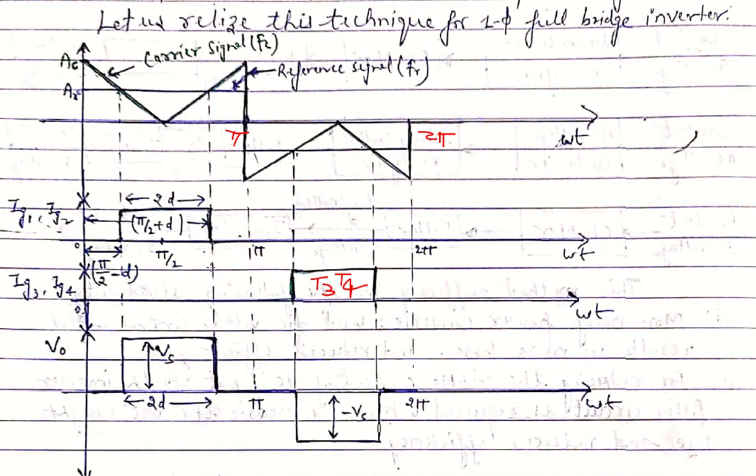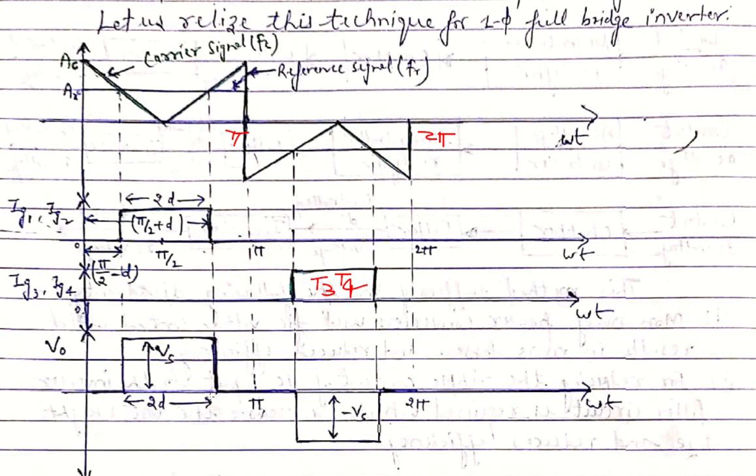So in the full bridge case, the output voltage is obtained as Vs. Vs is the fixed input DC voltage, that is VDC. The output voltage waveform, as shown in the figure, is a square wave because it is a VSI inverter, having a magnitude of Vs on the y-axis and a pulse width of 2d in the positive half cycle. A similar pulse is obtained having a magnitude of minus Vs in the negative half cycle, when the thyristor switches T3 and T4 are conducting, so minus VDC is obtained.